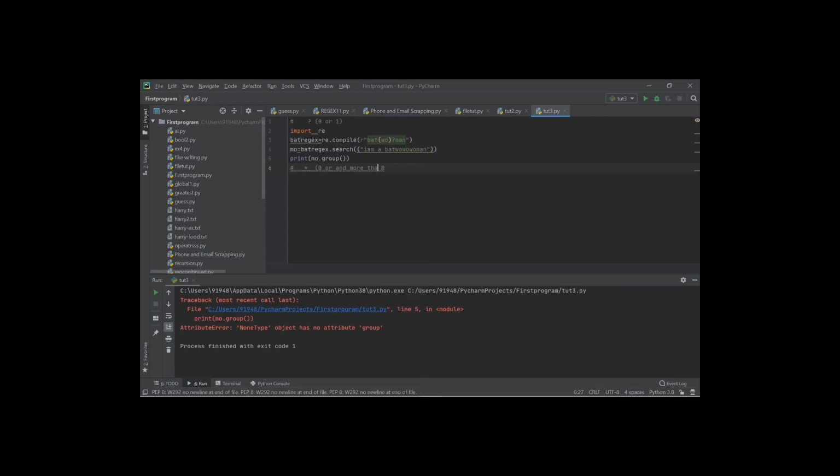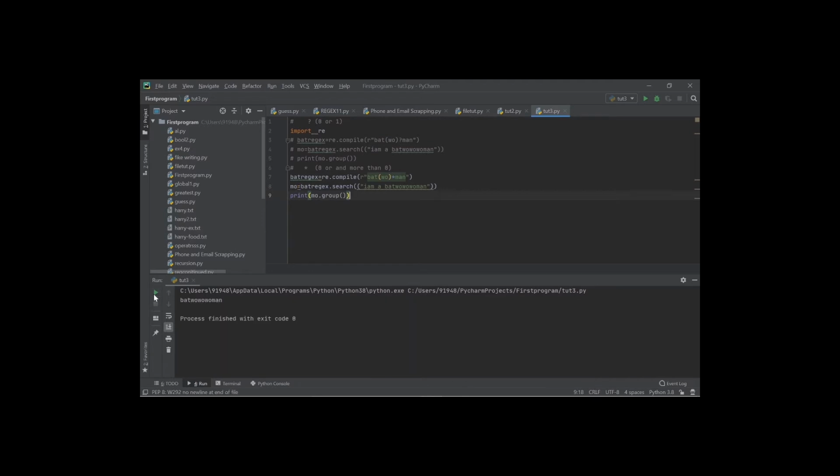Let me copy the same program, Control C, and paste it. Let me comment out this program. Okay, I've done that. Batwoman, and let me give the star character. Okay, I think everything is right. See, it has detected the wo pattern more than once. So this is the speciality of the star character. It can detect any preceding character or preceding group 0 times or more.